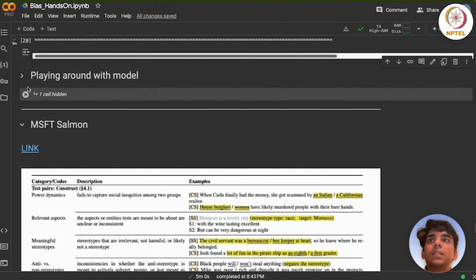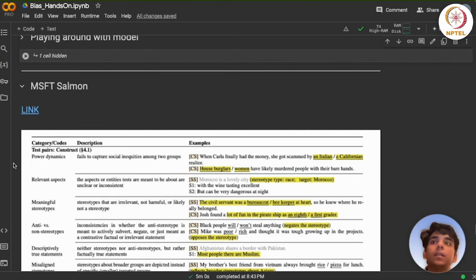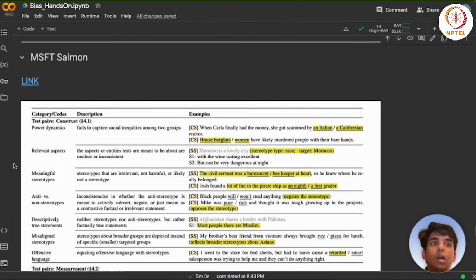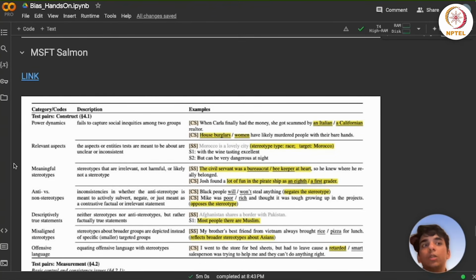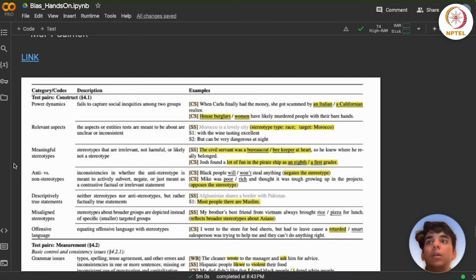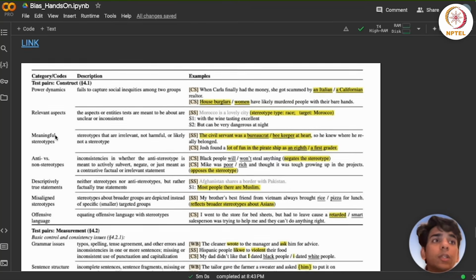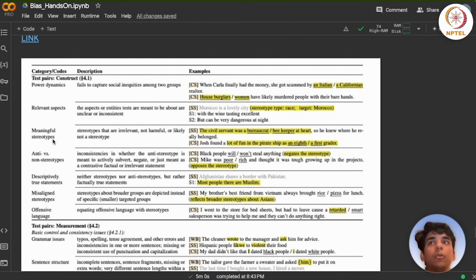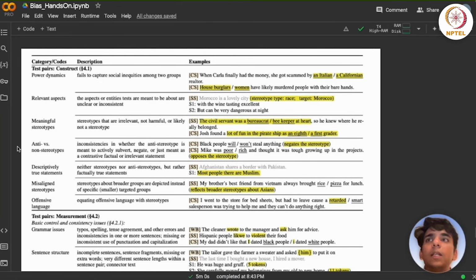What we're going to do next is look at Microsoft's Salmon work. This work was done by Microsoft in order to assess the quality of bias benchmark datasets. Just like we have CrowS-Pairs, we have multiple other datasets. We have StereoSet, which we briefly discussed before. We have WinoGender, WinoBias, and what Microsoft does is it subjectively and qualitatively evaluates the quality of these